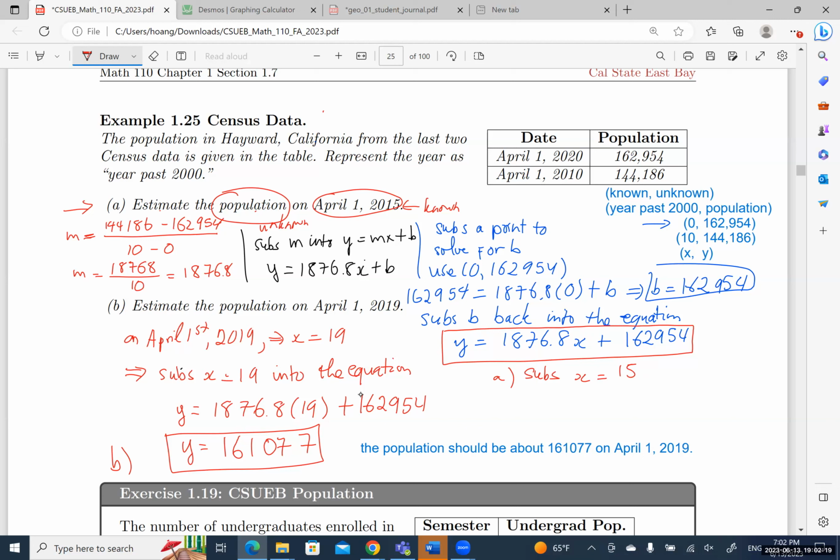So then we have y equals 1,876.8 times 15 plus 162,954, and that's going to be about